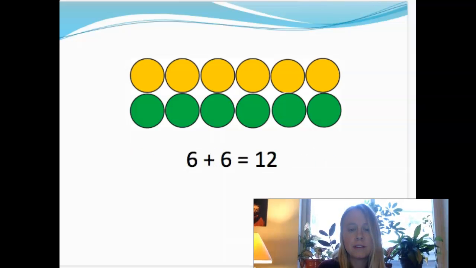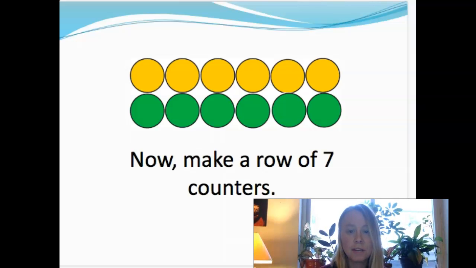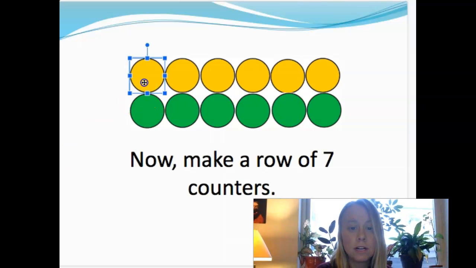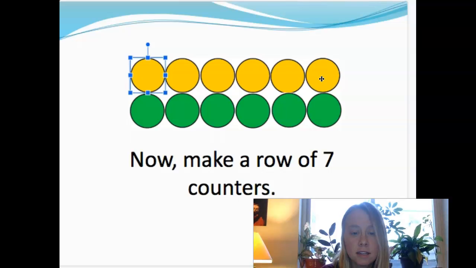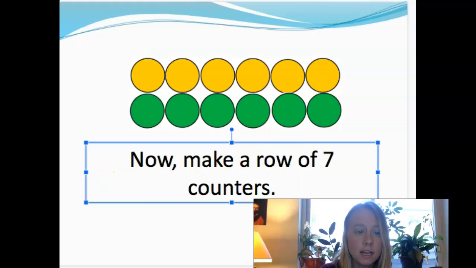Before we make a row of 7 counters, I'm going to go back. Why don't we add 6 plus 6 equals 12 to our list of doubles facts? Because I noticed the addends are the same, 6 and 6, and that makes 12. Now I want you to make a row of 7 counters. 1, 2, oops, I didn't mean to move that. 1, 2, 3, 4, 5, 6. Add 1 more, and you get